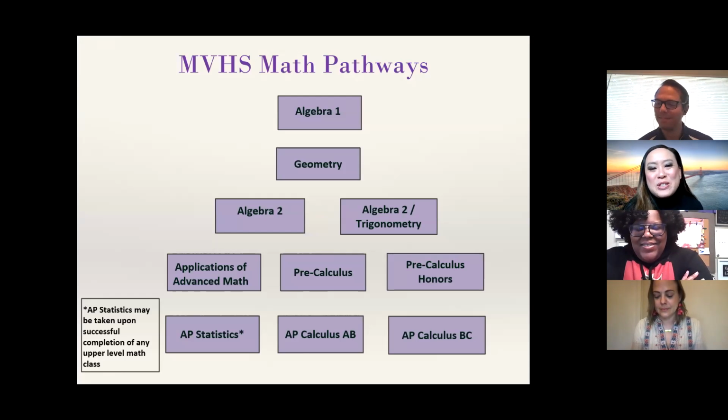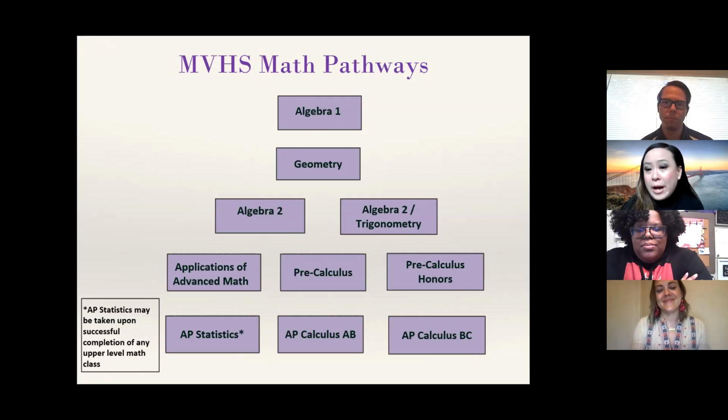All right, so moving on to the Monte Vista Math Pathways. I know you are all familiar with this pyramid right here, so I will just recap. Before we do that, if you remember the slide on the requirements, in order to graduate, you need 2 math classes: Algebra 1 and Geometry. To be 4-year eligible, you need Algebra 1, Geometry, and Algebra 2. So anything above that is extra, is cake.